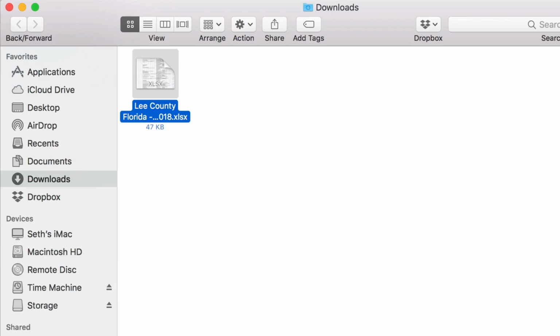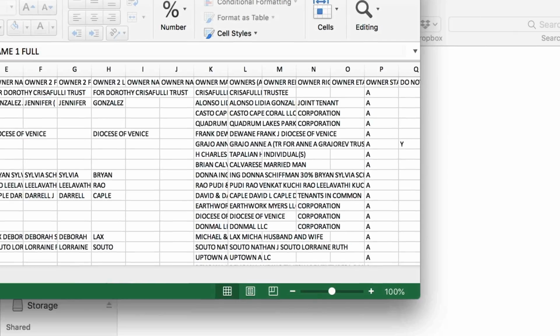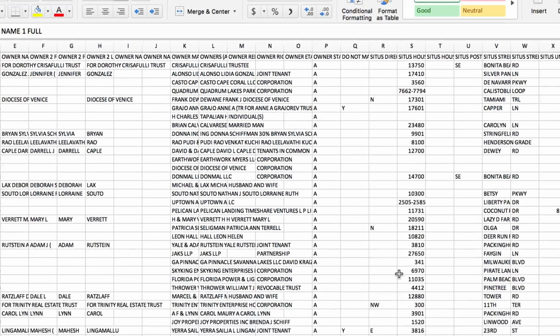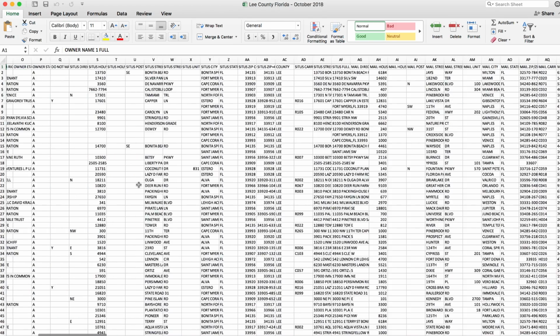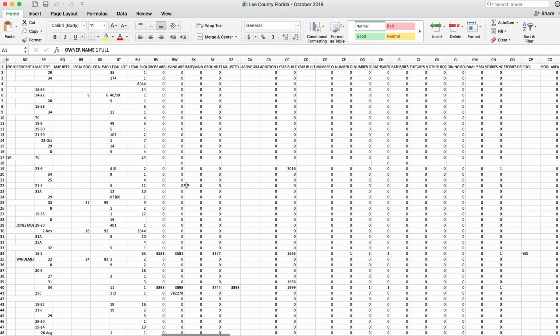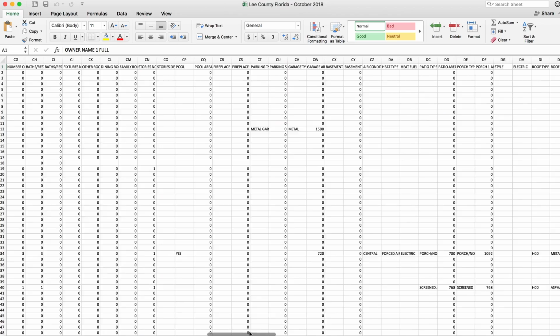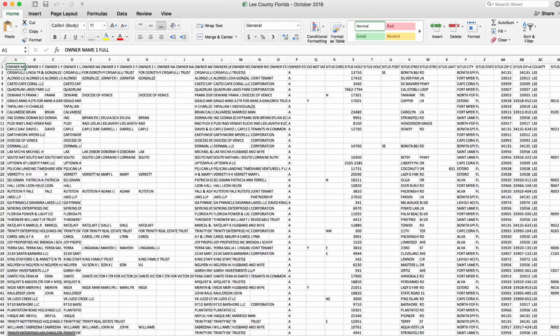Then we can open it with Microsoft Excel here, and then this is our file here. Expand this a little bit, and as you'll see, it kind of looks like just this bizarre mess of data. It's kind of confusing to look at, especially if you've never seen anything like this before, but it's actually really, really easy to work with. And in the next video, I'm going to show you how to go through this list and sort it properly, and how to figure out which ones you actually need, which ones you can delete and just do away with, and how to bring this on to the next step of getting ready to send out your mailers